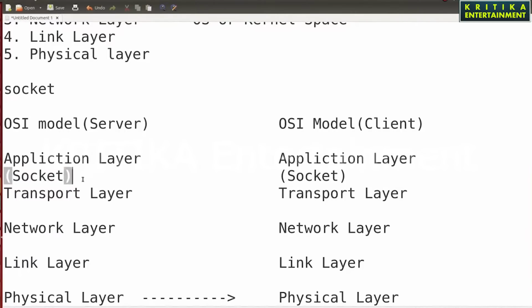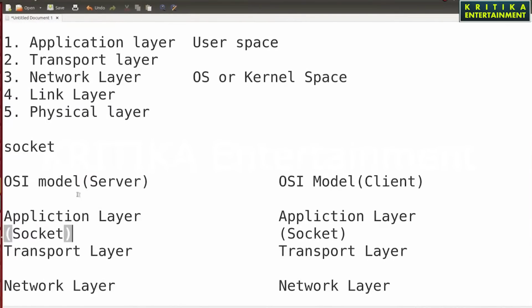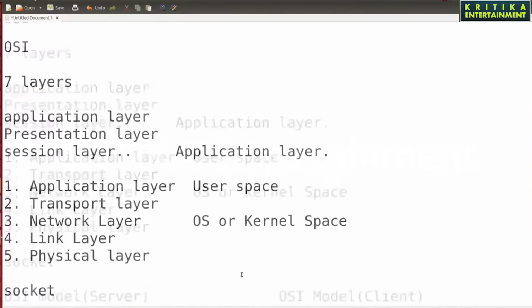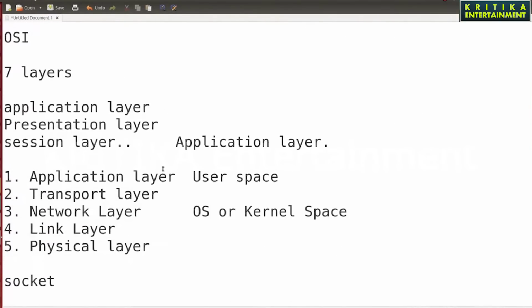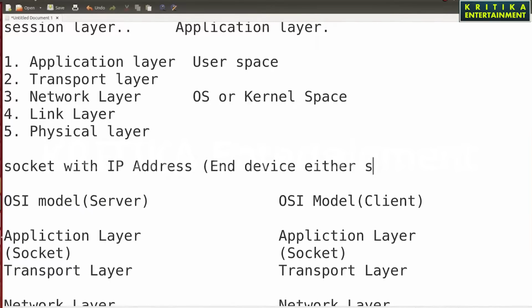Now the socket is also called a temporary file, and the socket is also an endpoint of communication. That means a socket is always associated with an IP address. That is called an end device, either source or destination.